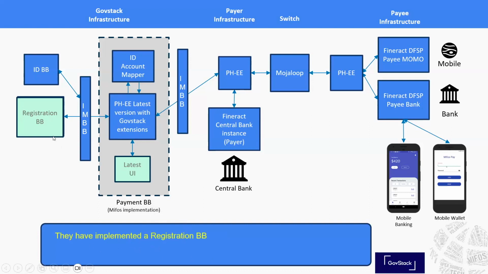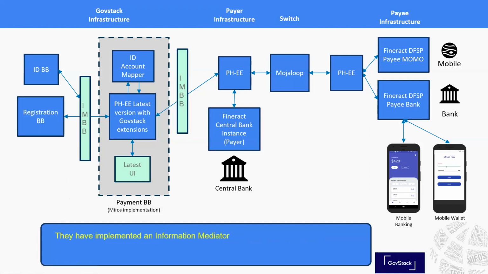They may have implemented a registration building block, for example, e-registrations, which would be responsible for registering or enrolling beneficiaries into certain programs. And if you recall from our yesterday's session about setting up a demo, this is where participants have come and given their information